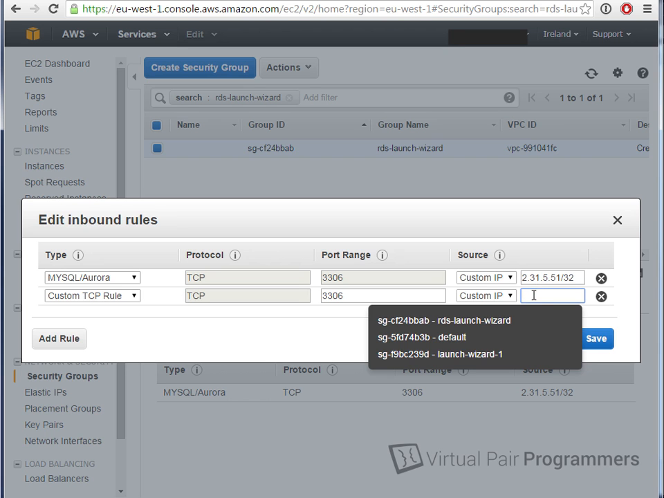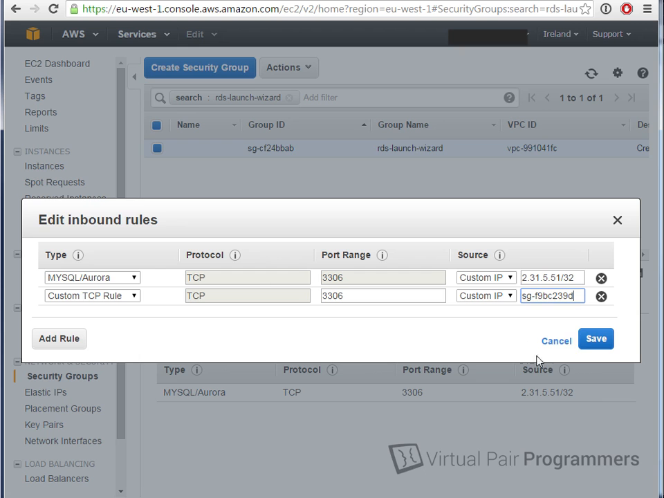Now, I have been a little bit slapdash on this course. I haven't given good names to these security groups, so it might not be obvious, but it's actually this one here you're looking for, the one called Launch Wizard. That's because the EC2 Launch Wizard that we used automatically creates a security group named after itself. So it's not the RDS Launch Wizard and it's not the default, it's the Launch Wizard. So select that option and click on